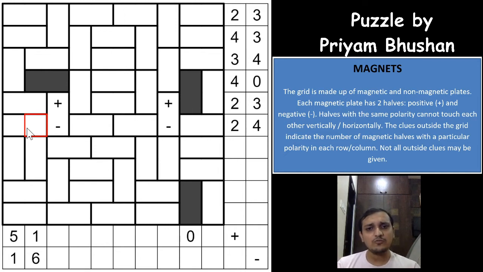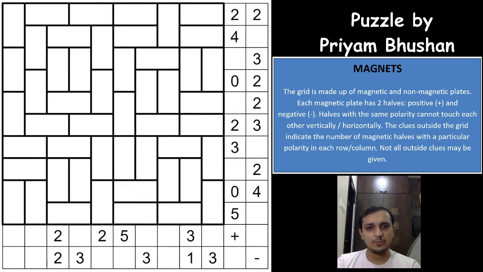So this way you will have to look out for a bunch of rows and columns, or you'll have to see that a whole line is dividing 2 rows or 2 columns where none of the regions are interconnected between the lines, and that way you can solve a magnet puzzle very easily, right? And with that we will come to the original puzzle, the genuine puzzle that we are going to solve today.